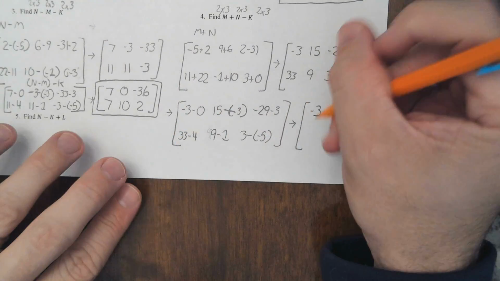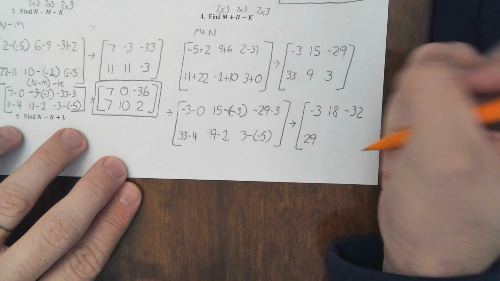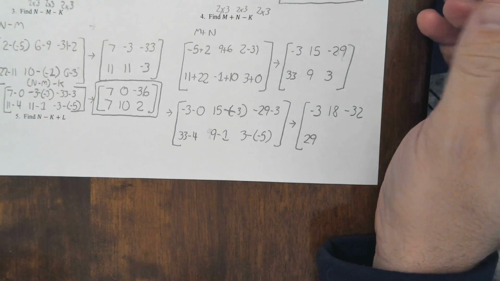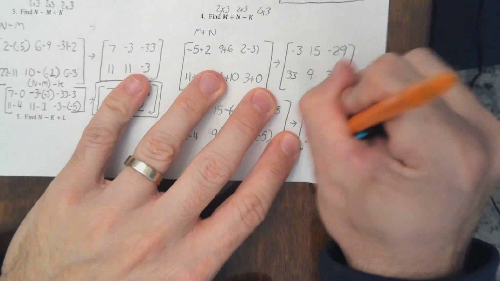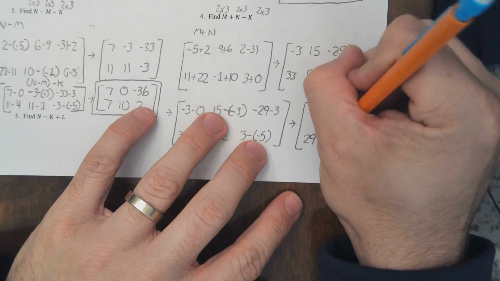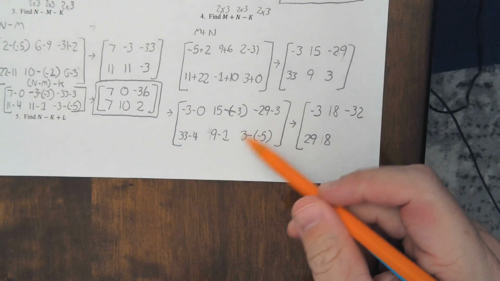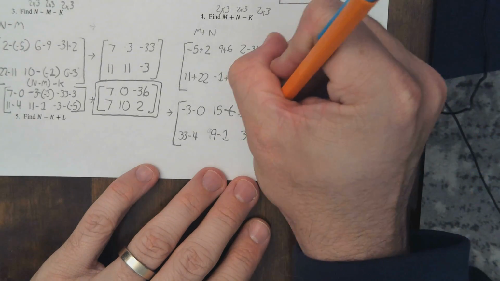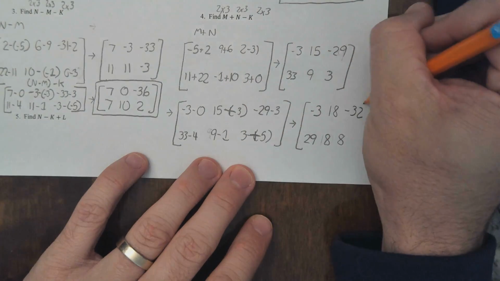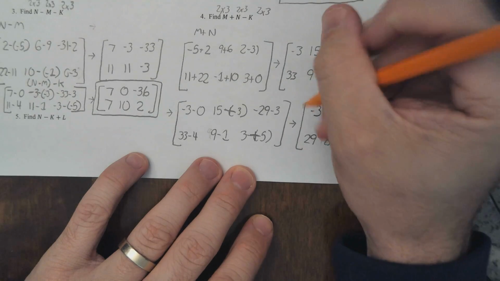33 minus 4, 29. 9 minus 1, not 10, sorry. 9 minus 1 is 8. And then 3 minus a negative 5, remember those become pluses. So 3 plus 5 is 8. And here's